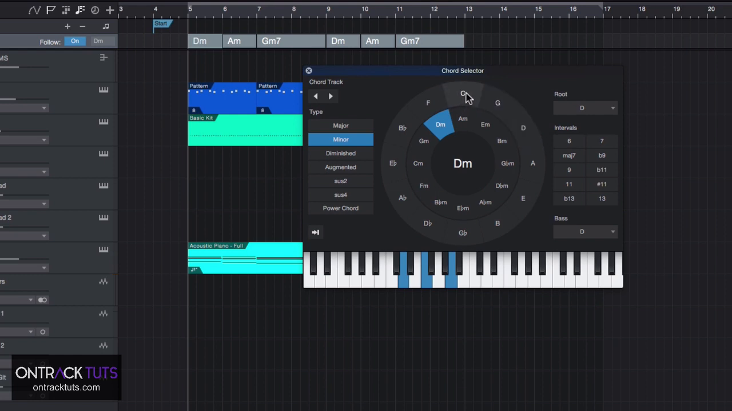Similarly, if you go from C to F, going in a fourth direction, then B flat, back to F. So it's just a nice visual way of seeing where you can go with your chords and build up chord